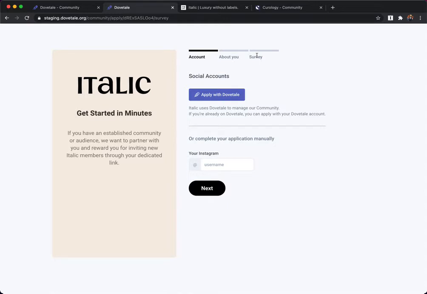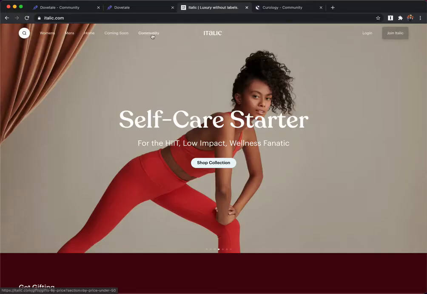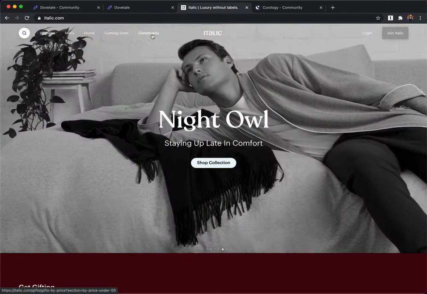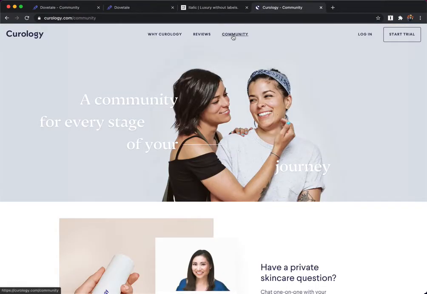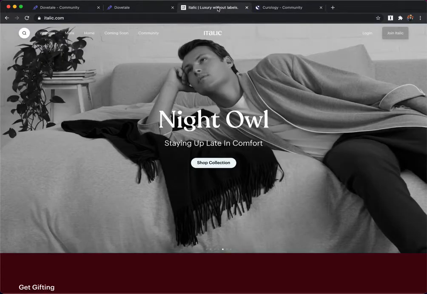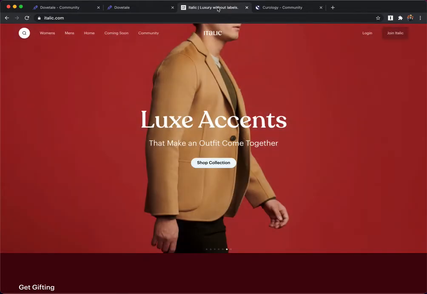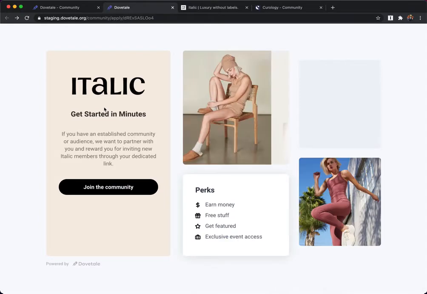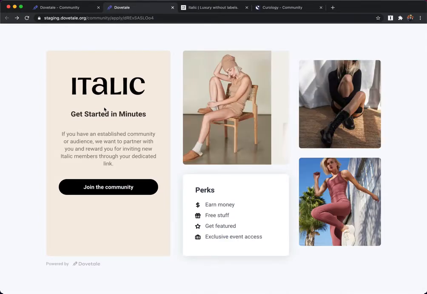The second thing that you can do right off the start is involve community in your top header navigation. So you see some really cool brands that are starting to do this, like Italic and Curology, where they put community right at the top. Don't hide these pages in your footer, put them right at the top, because community can start to generate some serious sales for you and your brand. And I think that these are some really great brands that have started to build communities, and they're putting them right at the top. So when you click on community, it brings you directly into this page so that people know that you're prioritizing their community programs, and they know that these things are real when they apply and they